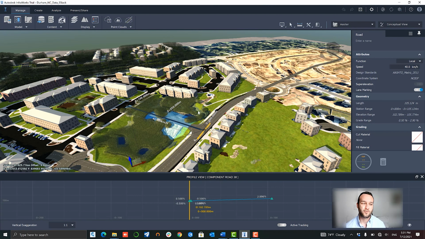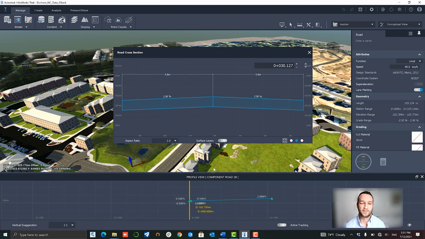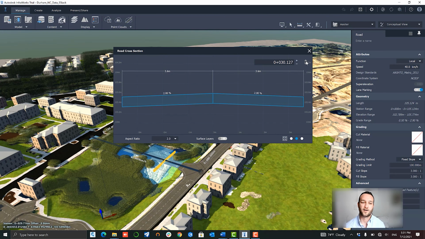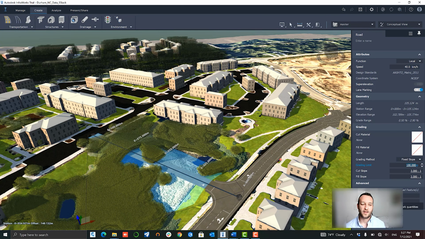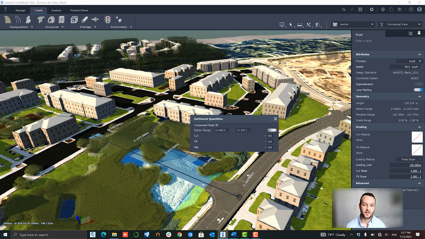As you can see, we create this component level road. We can see the profile view which is going to be a draped elevation. Again, you have that ability to adjust that profile as you see fit as the engineer. And out of the box, InfraWorks is going to apply a certain level of design standards that you as the engineer have established. You also have access to the cross-section viewer, so you can set the super elevation on your proposed roadway all along the entire length of it. As you cycle through stations, you can fine-tune, adjust that. But again, it is already out of the box going to try to satisfy design standards that are associated with that component road.